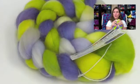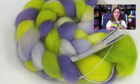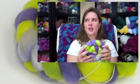Most of my wardrobe is very bright colors. I do have a few black t-shirts and whatnot that I wear, but most of the time I'm wearing a brightly colored shirt. But if I'm going to wear these brightly colored shawls, I'm going to need to have some plain t-shirts like black and white, which I normally don't wear a white t-shirt, but I wanted that Iris Mystery shawl to really pop